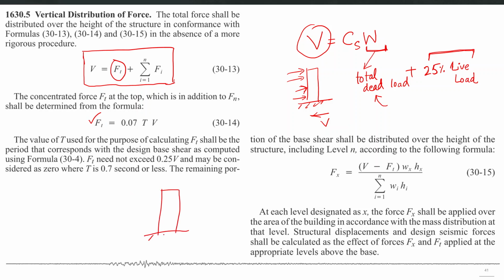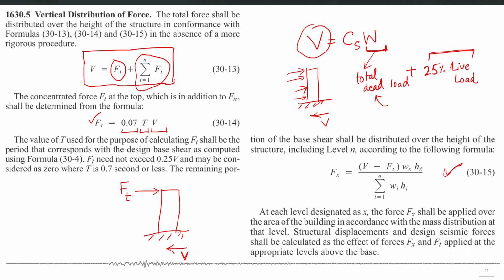So at the top value you should have this Ft, and it should be equal to 0.07 times the approximate time period times the total base shear. The remaining value of forces, once you apply the Ft at top from this total V, should be divided by this formula using this expression, which means that a particular ith story will have force equal to Fi, and that can be calculated from this formula.